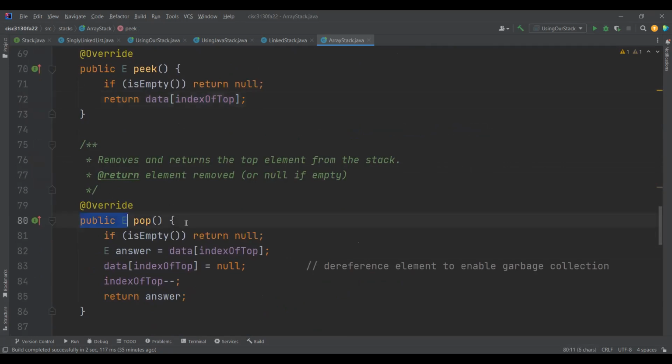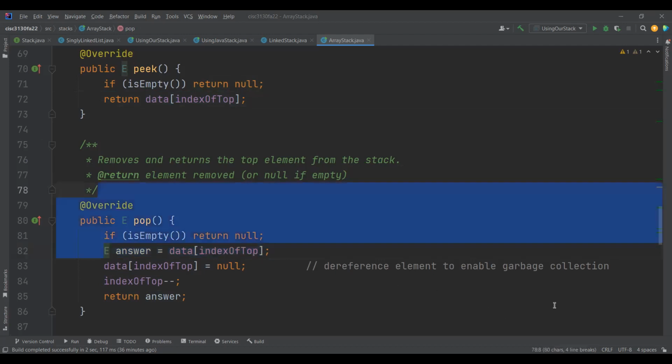All right, how about the pop method? So again, if the stack is empty, return null. Then we're going to store the answer in a variable. E answer equals data of index of top, just like we did here in the peek method. But then we also have to remove this element that we are going to return. So let's take a look here at the